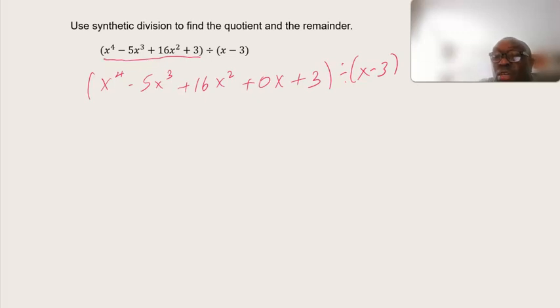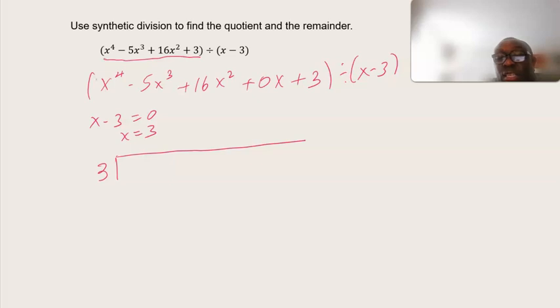So in this case, since we are dividing by x minus 3, it means that x minus 3 is a factor of this particular polynomial. So you equate it to 0, and so for x, you get x equals 3. So we want to see, when we divide this using synthetic division, what will be the quotient and what will be the remainder. So the 3 that we are dividing with, we write it outside here,